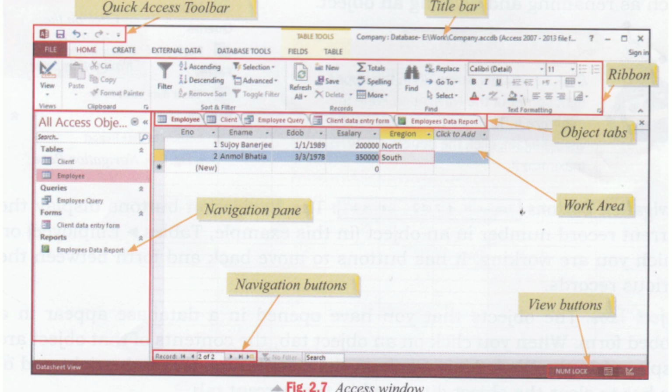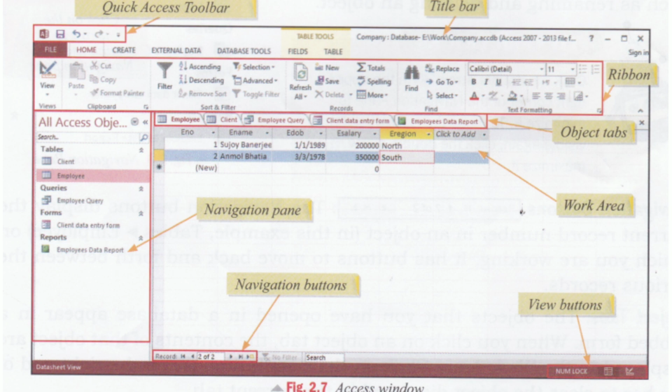It has buttons for commands that are used frequently. It displays quick access buttons such as save, undo, redo, etc. By default, these buttons are present on this quick access toolbar. The Save button is used to save our work. The Undo button is used to undo the previous action. The Redo button is used to redo the action that was undone.